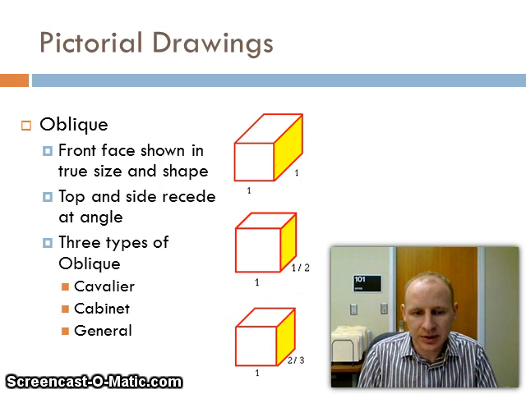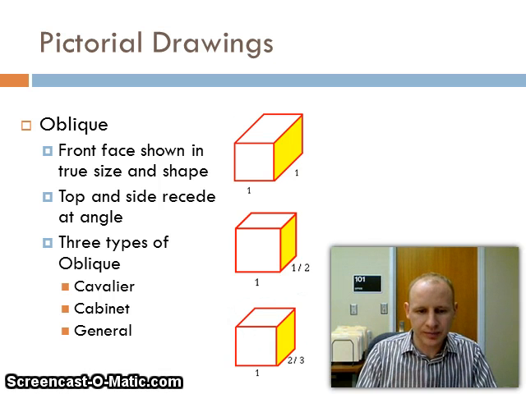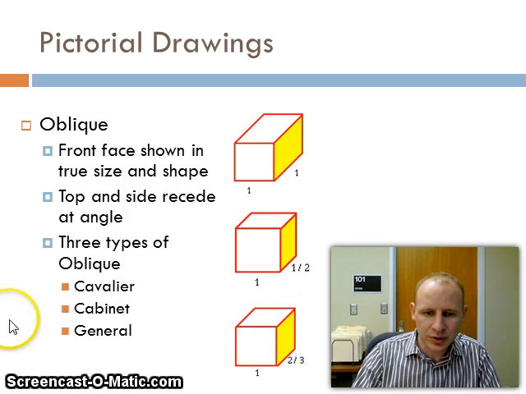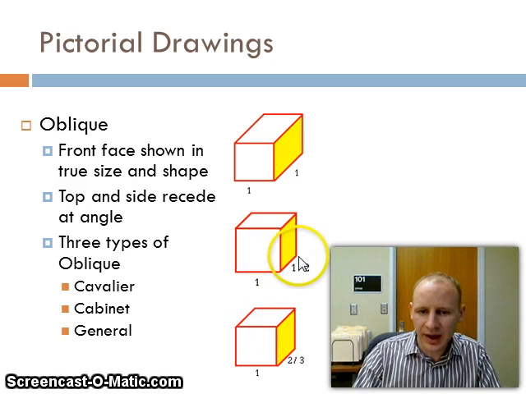In this case, the cabinet obliques are the most popular, used in, as the name implies, the cabinet drawings. If you were designing a kitchen, the designer would give you a layout of the kitchen, and if he were to give you a pictorial drawing, the cabinets would be drawn using the cabinet oblique method. And the idea here is simply we only use a half depth in order to save space on the drawing,